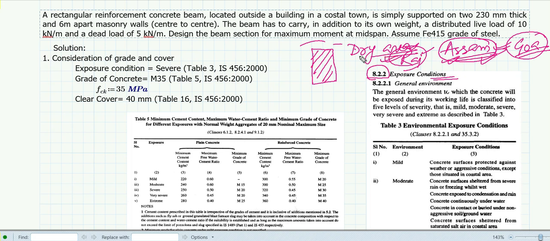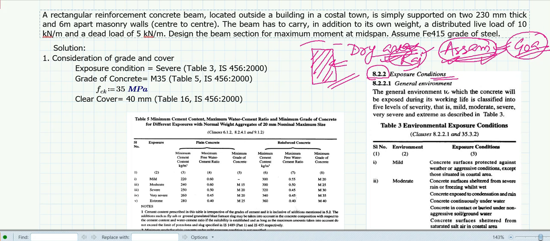In that case, if the house is very near to the sea, there will be constant exposure to the spraying of sea water. And sea water, you know, is salty. It has some salt, so it might react with the concrete. Suppose you are constructing in an area where the soil is very alkaline or very acidic in nature. In that case, that alkalinity or acidity will affect your building. So these kinds of exposure conditions you need to take into account.